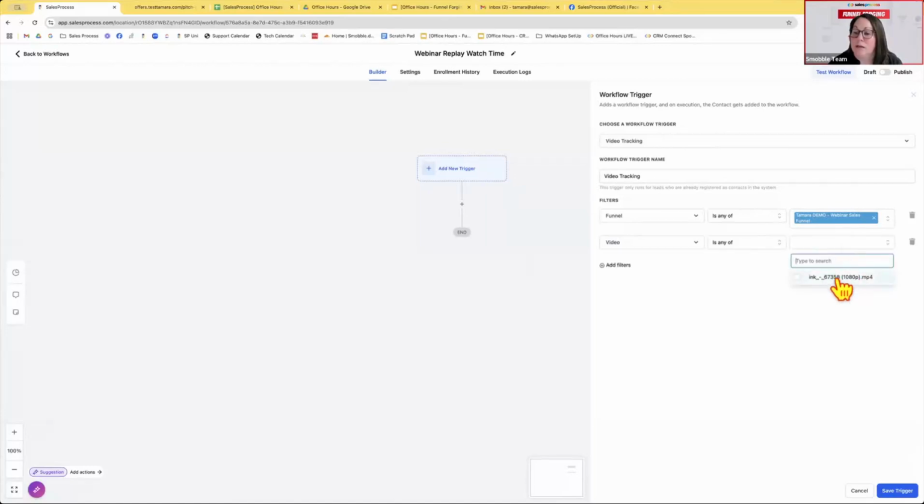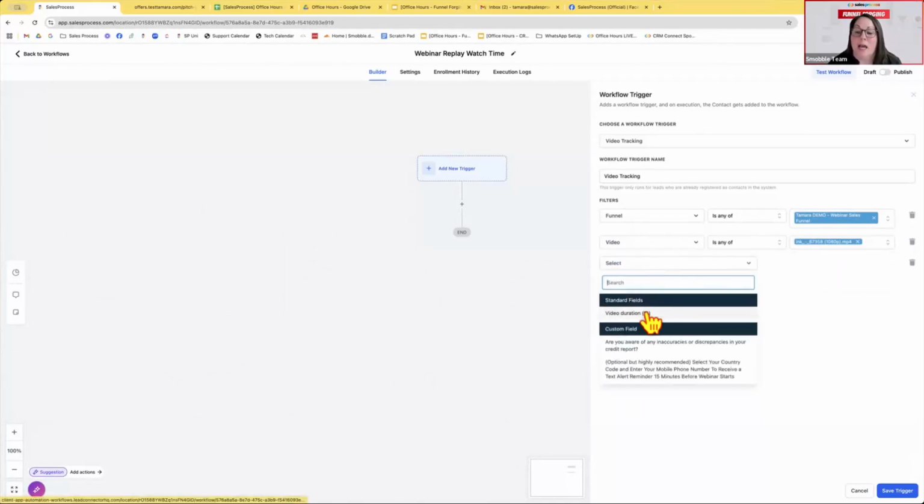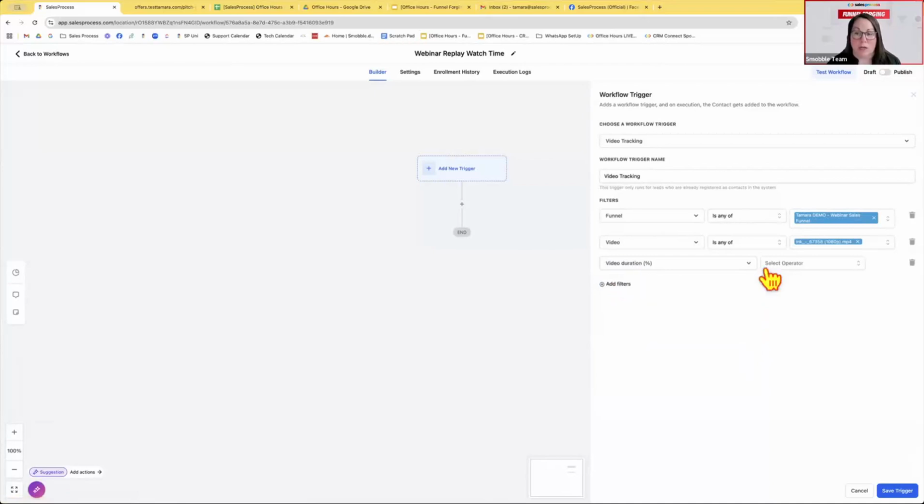And it's this one here. So I'm choosing the video that I have uploaded onto my replay page. And then I get to decide, this will trigger when they have watched which percentage of the video. And we're going to make 3 triggers at the top of this workflow, because we're going to trigger the video